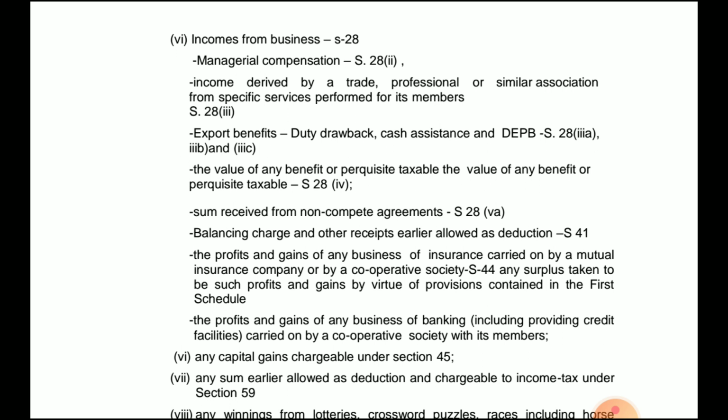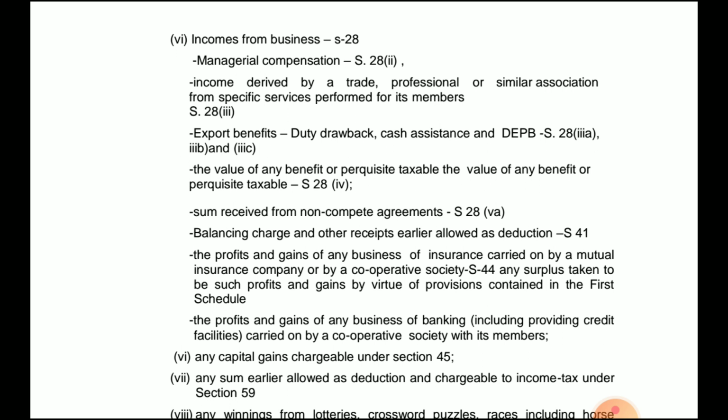Balancing charge and other receipts, earlier allowed as deduction, right? Earlier in the previous year, the amount was allowed as deduction. Now that in the current year, the deduction has been removed, maybe due to some mistake, those things were allowed as deduction. So now that particular amount of deduction which has been disallowed